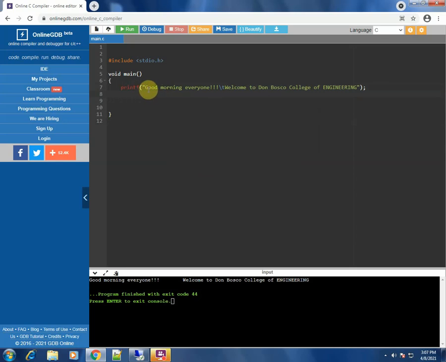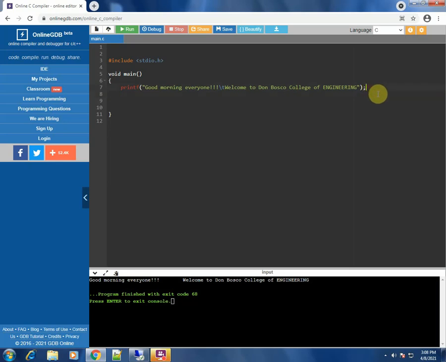So now we just have one printf statement saying good morning everyone, 3 exclamation marks, a space which has to be left, welcome to Don Bosco College of Engineering. Let's run this and we'll see the output. You see exactly the same happens again, where I have just used one line. Okay, so this is how you can write simple programs in C where you make use of printf statements.